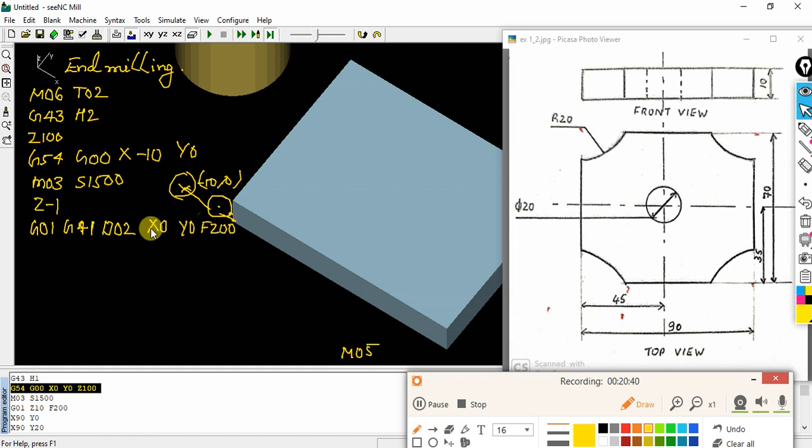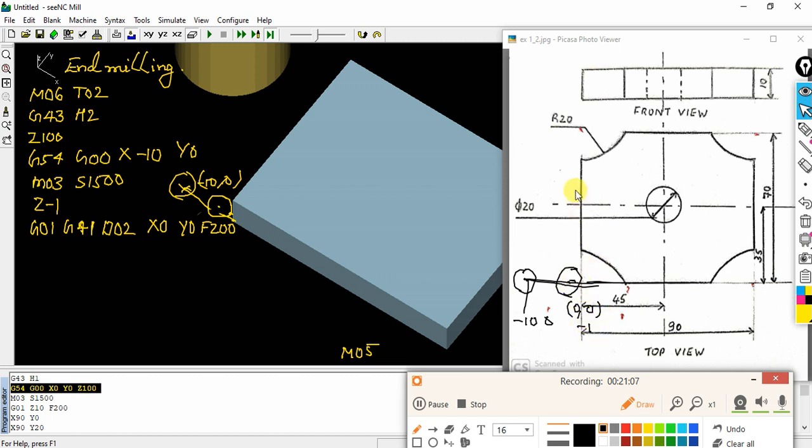This edge will be the reference. Initially my cutting tool was away, at -10, 0. From here I have moved my cutting tool to 0, 0, and Z is -1.